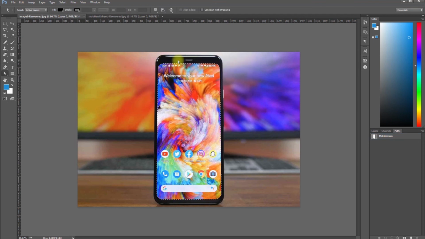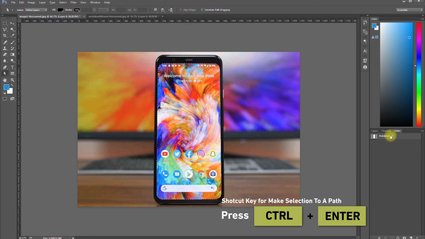So we got a selection area where we have our path. So this is one method to convert a path into a selection area. Another is a shortcut key, that is Ctrl plus Enter.